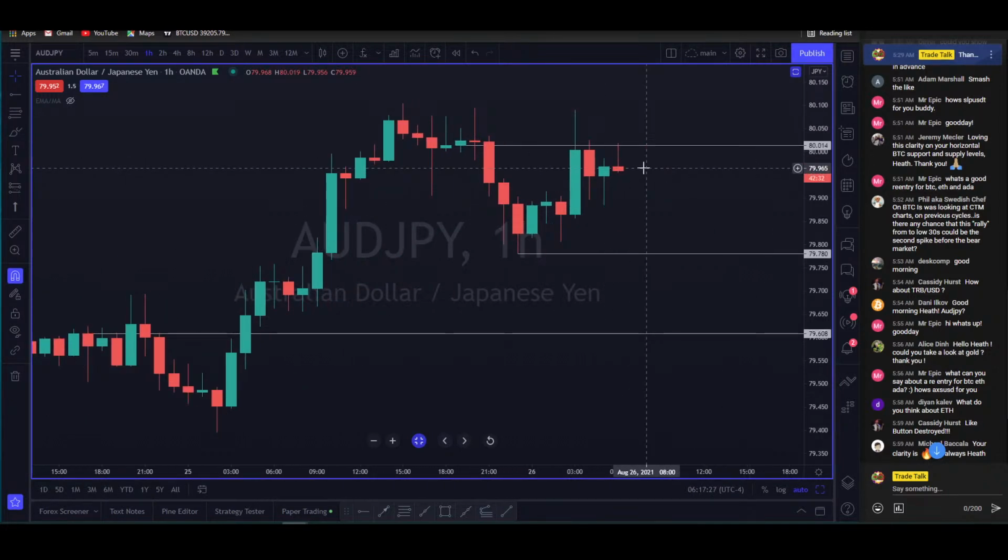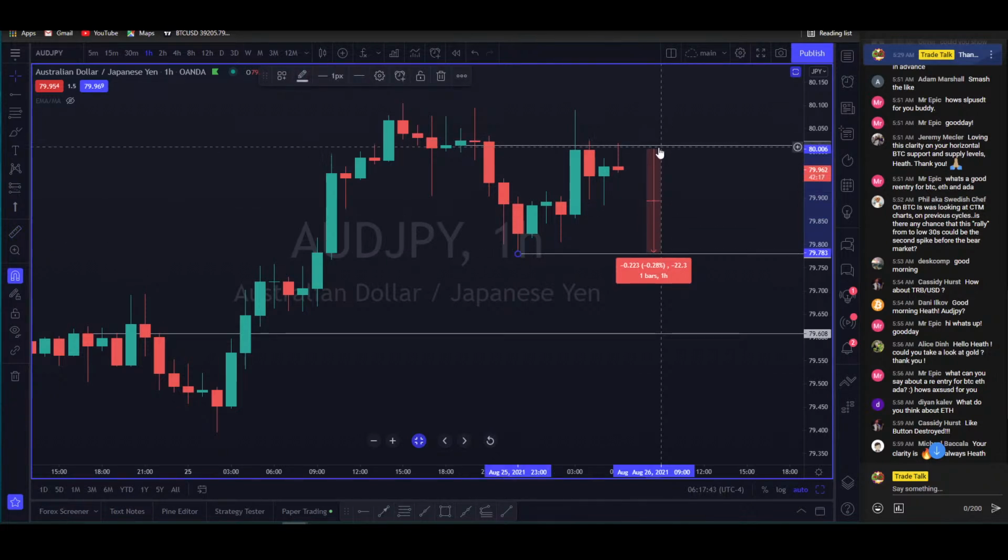If you were to enter this position, I would try to enter it as close to up here as possible to get that spread. Because if you have a spread account, you're going to get entered lower, and that's going to hurt your risk to reward. So if you enter the position up close to 80, or actually it's above 80, it's 80.06, that's only a 22 pip trade. It's just how slow the markets are moving, right? It looks like a big move, but it's not really.